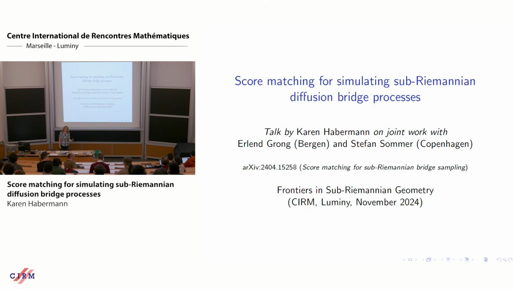Now, when I first started studying such processes at a very theoretical level, I thought it would be a nice idea to get a better intuition of what these processes do. So how about we simulate them? But it turns out that back when I thought about this, basically none of the existing simulation schemes applied to sub-Riemannian diffusion processes, because the very first assumption was always that a certain matrix was invertible, which in the true sub-Riemannian setting was just not the case.